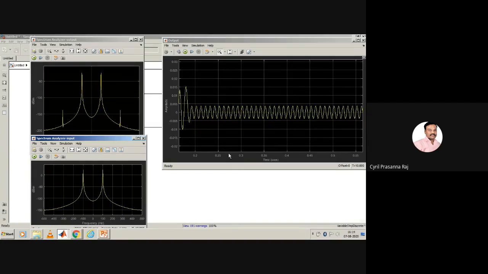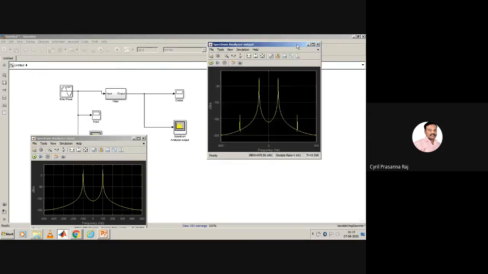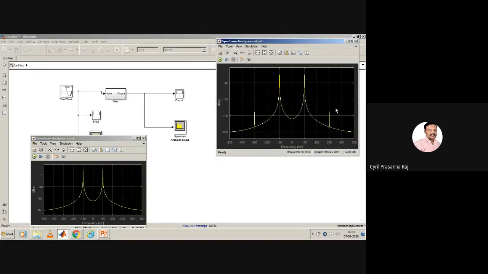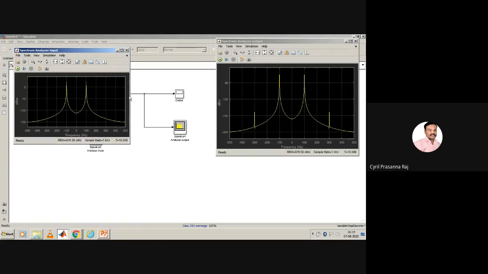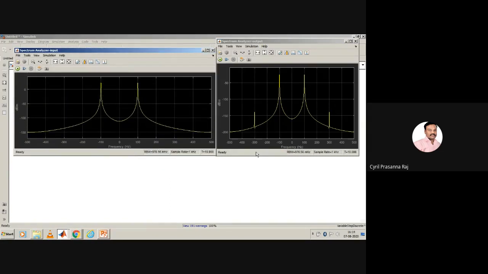Now let us see how to change the input frequency and then further change the parameters. And now this is the spectrum you find. If you see the spectrum, this is frequency versus amplitude.